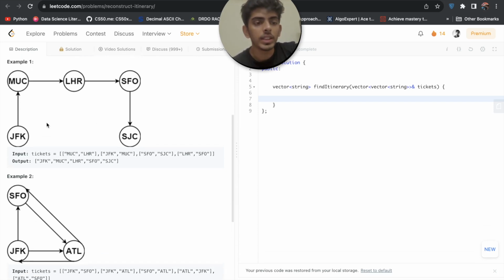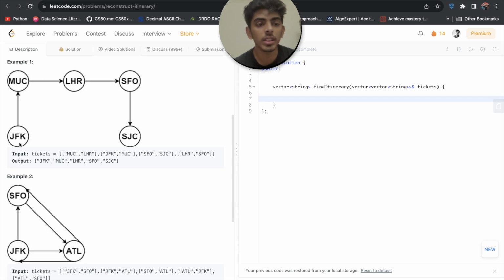If we take this example, we have a connection with MUC as source and LHR as destination. One is JFK as source and MUC as destination. One is SFO as source and SJC as destination. One is LHR as source and SFO as destination.